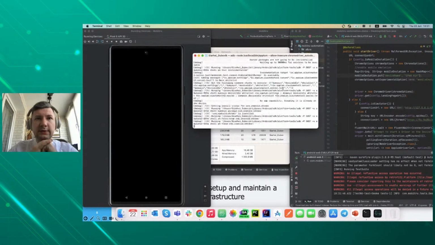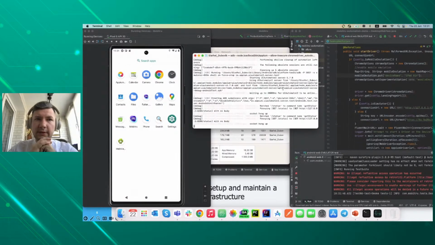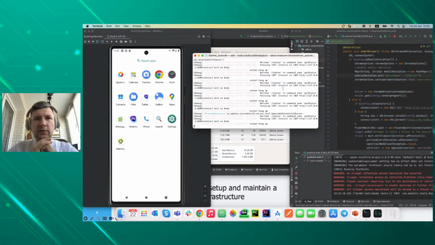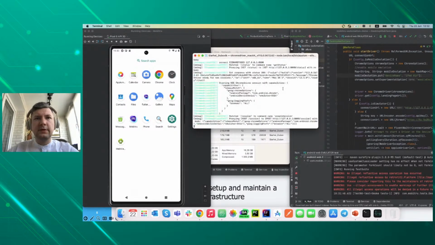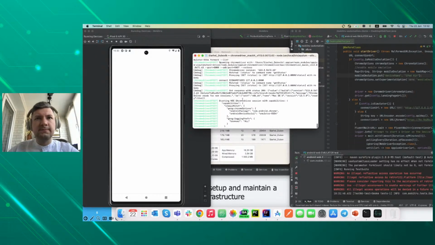Okay, looks like the test started and it found Chrome, I mean the Appium. And let's see what will happen here. Okay, the session looks like it found what is necessary,